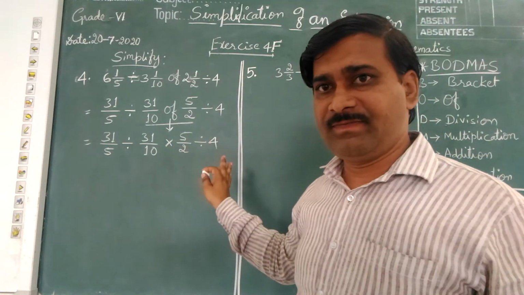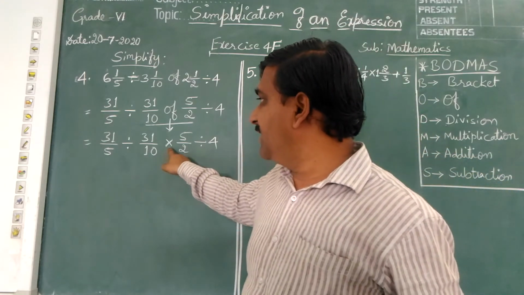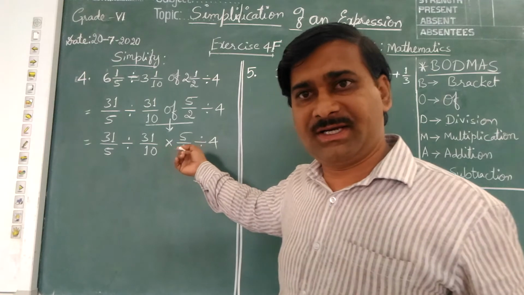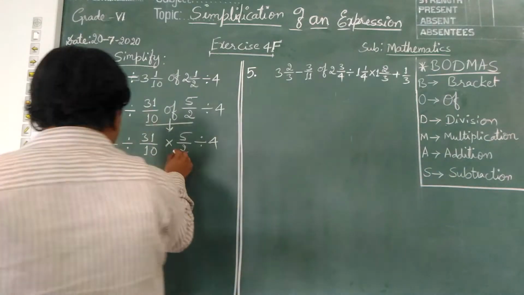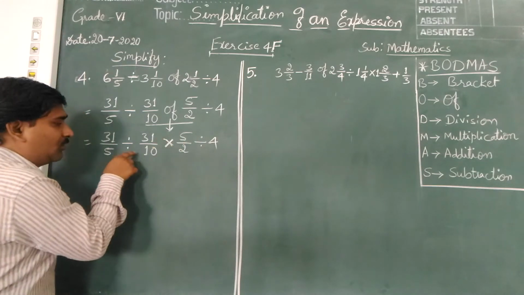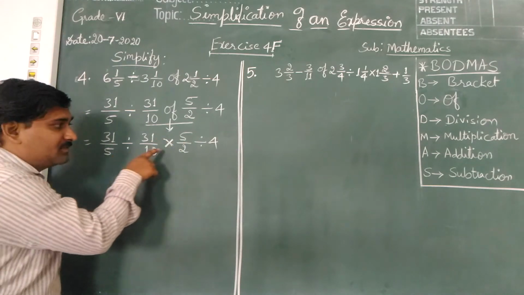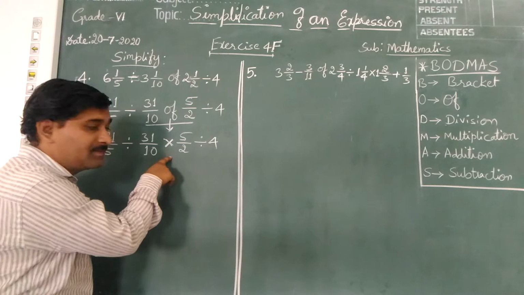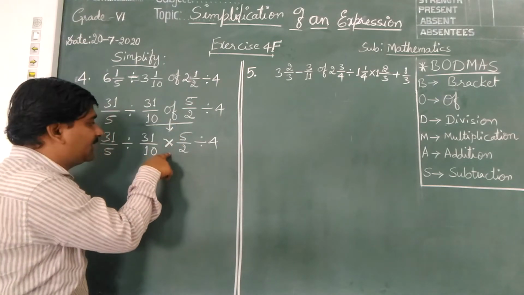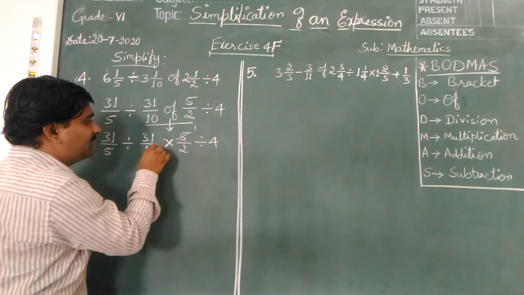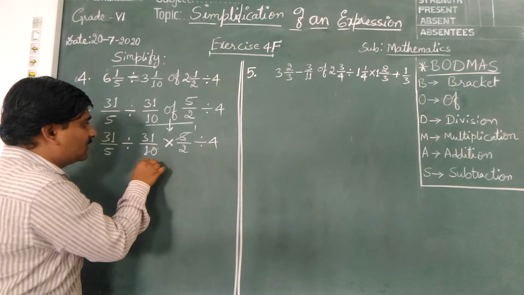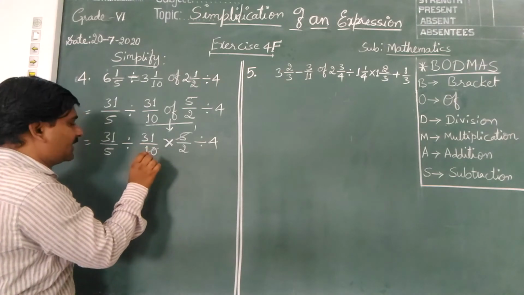That's all. Now where you find a multiplication sign, there you can cancel the numbers, multiply and write it. That is the first step. So this of we should do first. Directly don't go to the division. This multiplication sign you got from the word of. That's why we should do this first. That is 5 1s are 5, 5 2s are 10. That's all. No further cancellation is possible.